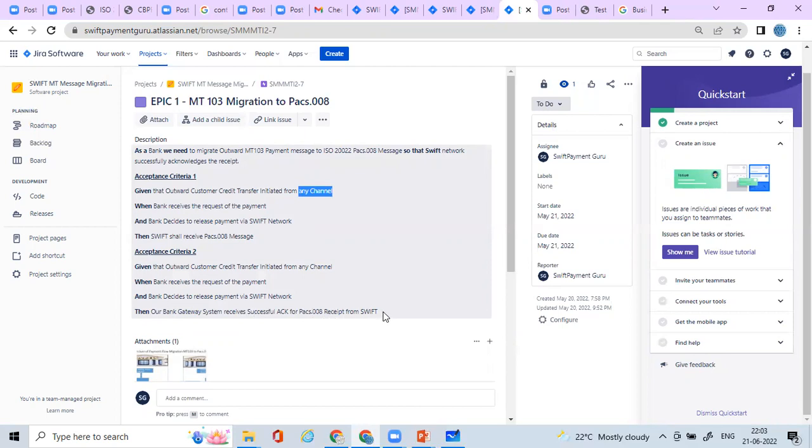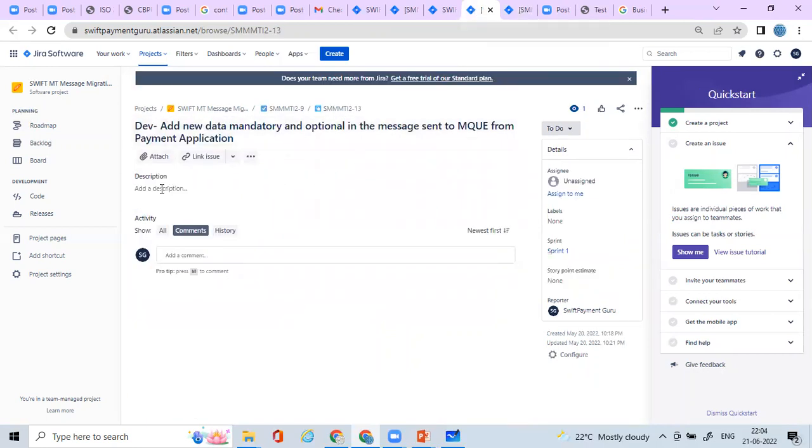This can be another acceptance criteria, and then they can add on multiple acceptance criteria for that. Now, based on the acceptance criteria and the description, as a business analyst, you should be able to write down the user stories. Basically, you cannot have one epic developed at once, because it would take a lot of time and effort. So for that, you would divide it into